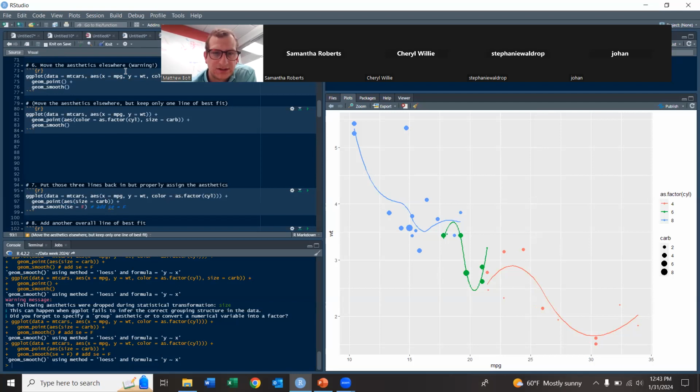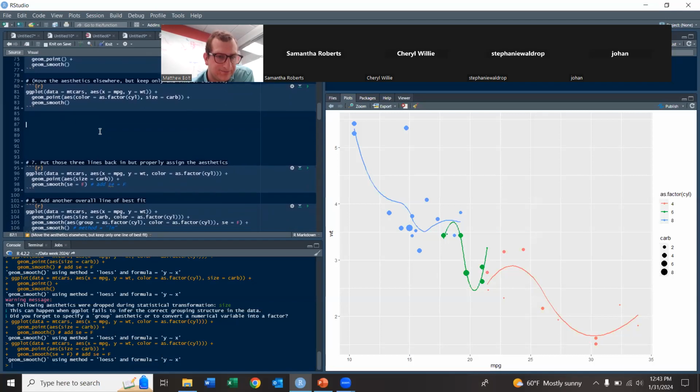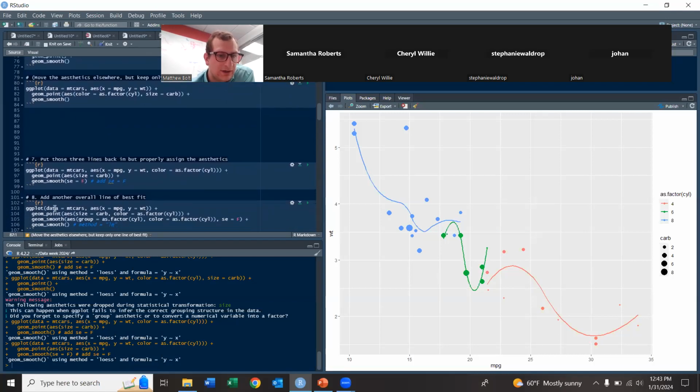Does that concept make sense? Any questions about assigning things, or not assigning things, but specifying things outside of the aesthetics? And the fact that aesthetics are paired with variables. Okay, cool. Aesthetics are variables. I should have started with that a long time ago. I'm sorry. Okay, so one other thing we can do,